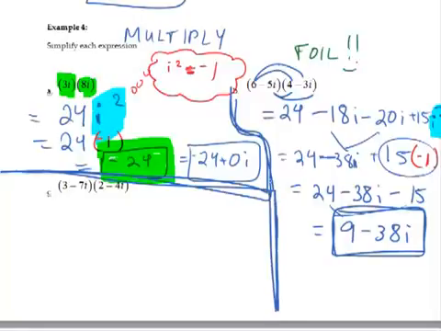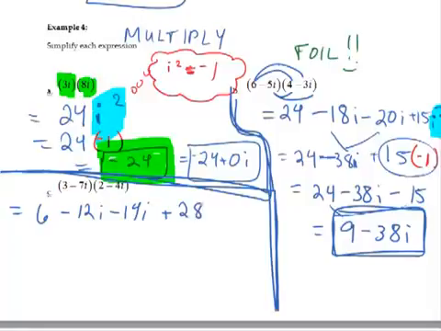All right, let's try another example like this. Same thing, we want to FOIL. So we'll say 3 times 2 is 6. 3 times negative 4i is negative 12i. Negative 7i times 2 is negative 14i. Negative 7i times negative 4i,